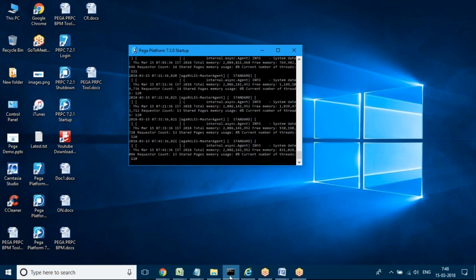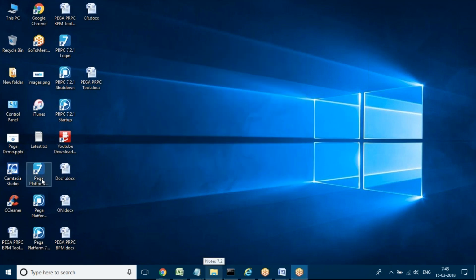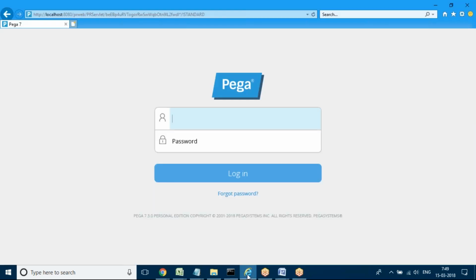And once the loading is completed, again click on the login icon and check, because sometimes after the first initialization, maybe some of these files will not be loaded properly. So we have to restart and check. If after restarting also you are not getting the login page, then there may be some issue with the installation part.